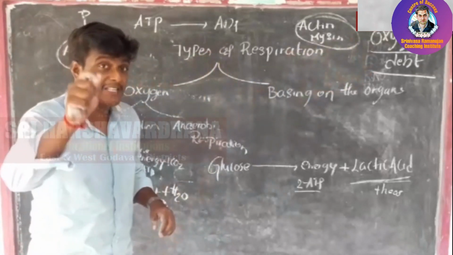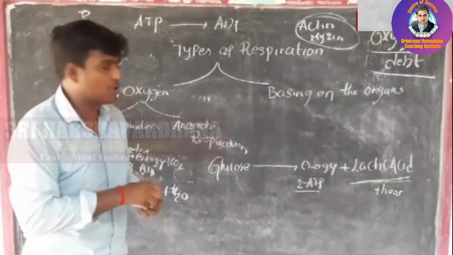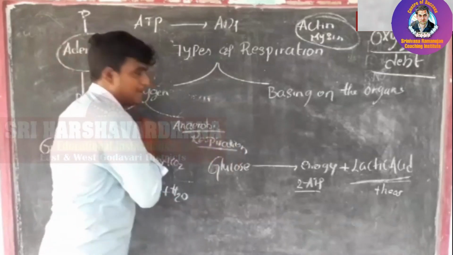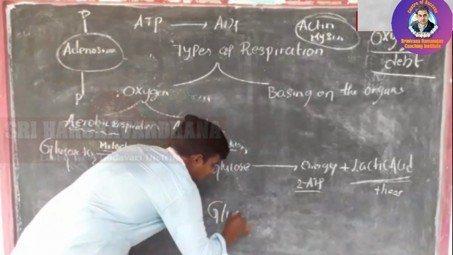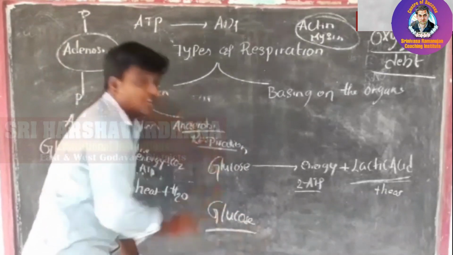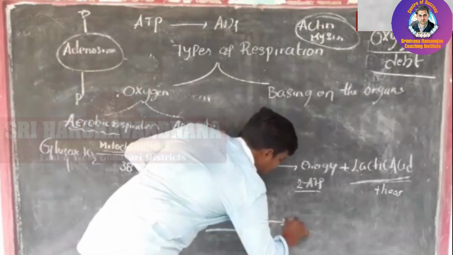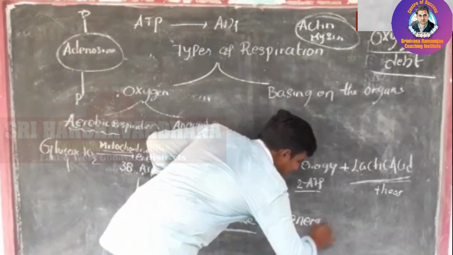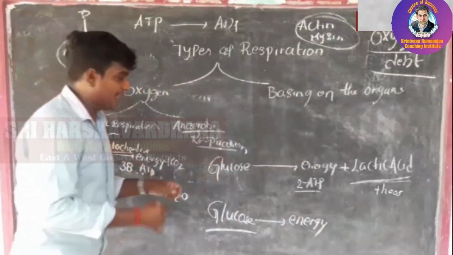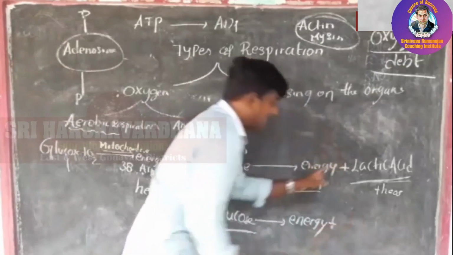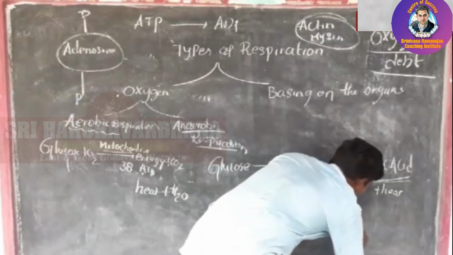But among microbes, especially bacteria and yeast, those microbes are doing anaerobic respiration. Anaerobic respiration means these microbes are breaking down glucose without oxygen. In that process they liberate energy, and in the place of lactic acid they release one more component. That component's name is